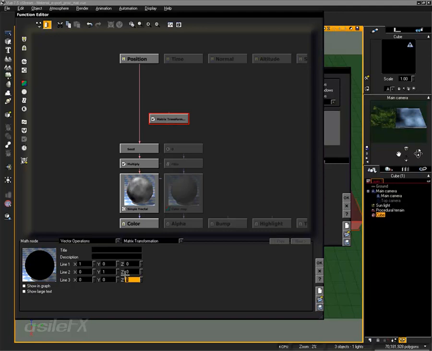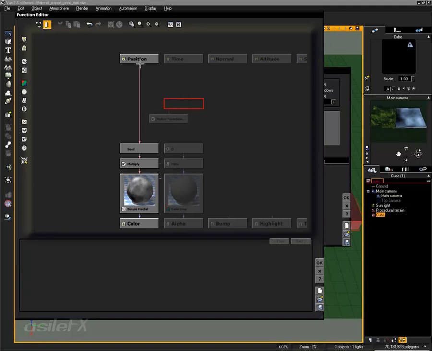This lower right output is the Z. Right now it's set to 1, and this is adjusting the scale based on the position, the world system, or object system, really depending on the mapping mode. What we want to do is set this to 0. And now we can connect